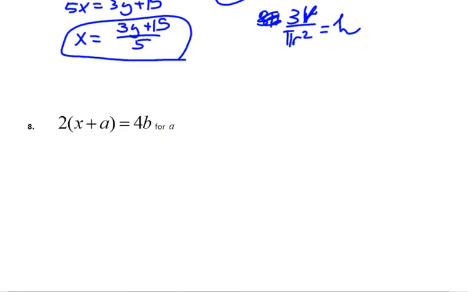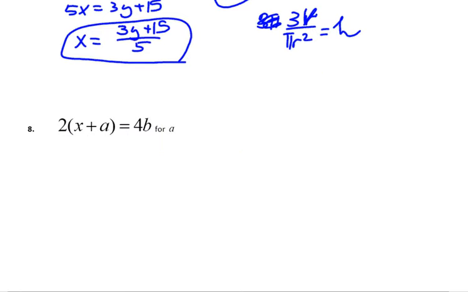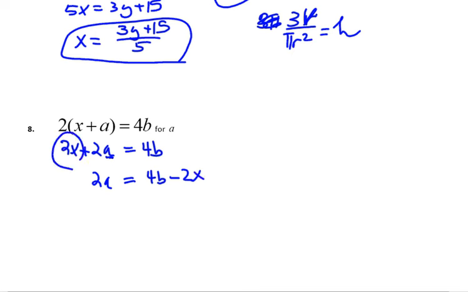Then this next example, you have a couple different ways you could do it. We could do 2x plus 2a is equal to 4b because we needed to free up and get the a out of the parentheses. Then we would subtract the 2x. So 2a is equal to 4b, subtract 2x. So I've got to subtract the whole clump there. And then end up dividing by 2 so that I get a is equal to 4b minus 2x divided by